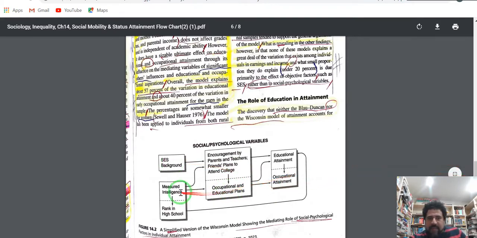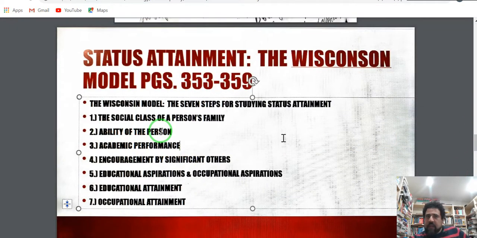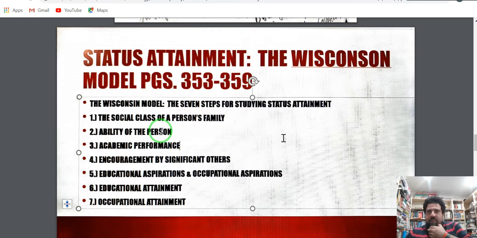Okay, measuring intelligence, that would be the second step, the ability of the person, right? Obviously, being born intelligent or just with normal intelligence helps, right? But obviously, if you have even normal intelligence and you're born in a social class of a highly educated family or income, that helps you